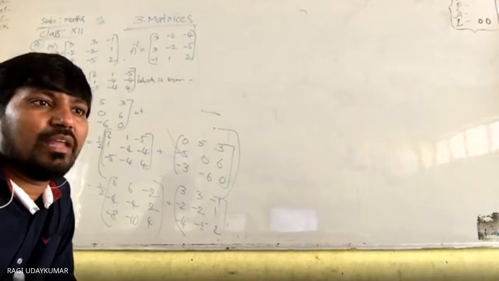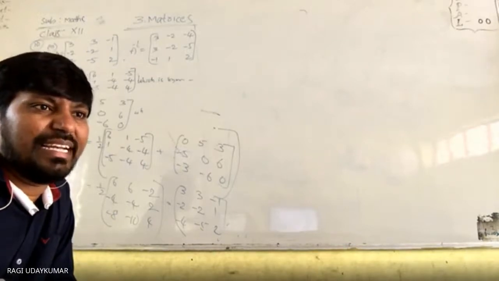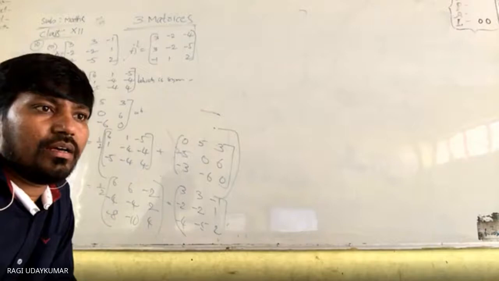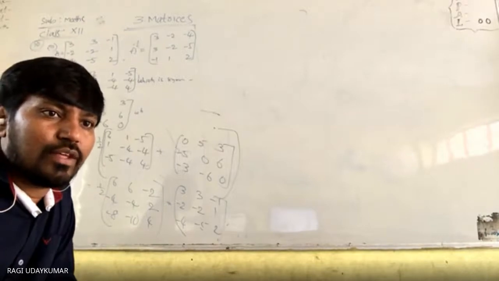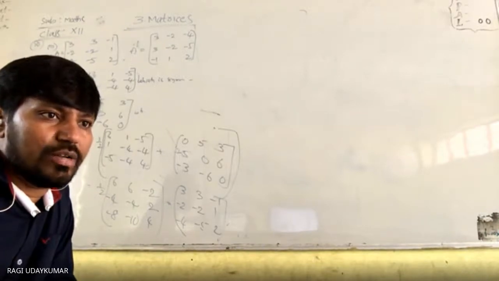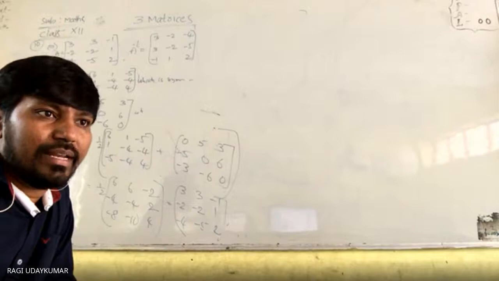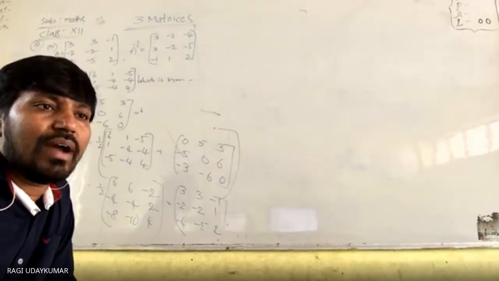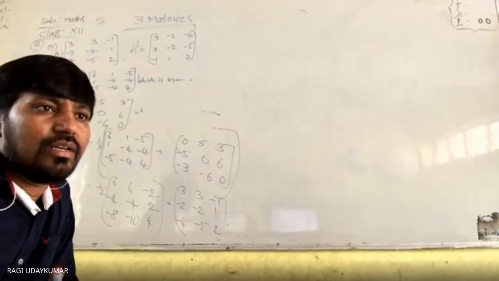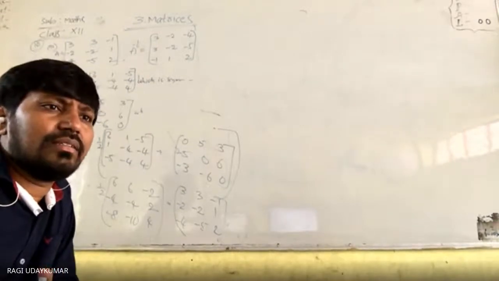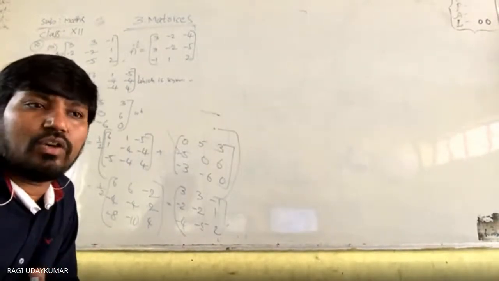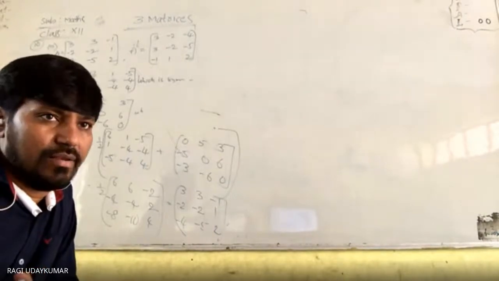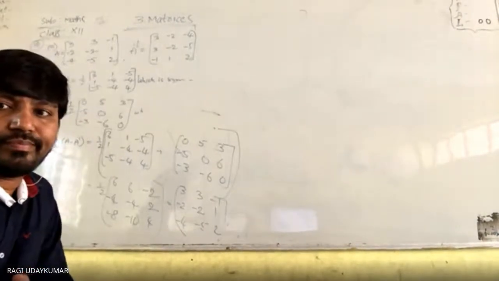The next topic is elementary row transformations, which is deleted from your textbook, and the inverse of the matrix. And how do we find the inverse of the matrix? Here you will use the elementary row transformations to find the inverse of the matrix actually. So let us learn in one class. It doesn't matter if you are wasting one class, but you are going to learn the new topic. Okay, I'll explain.